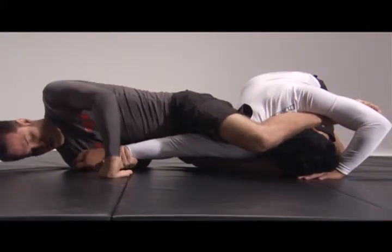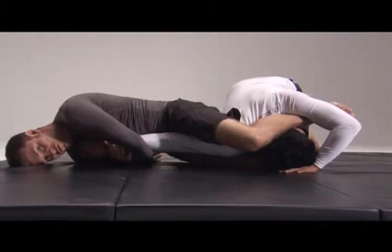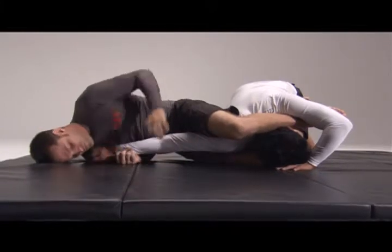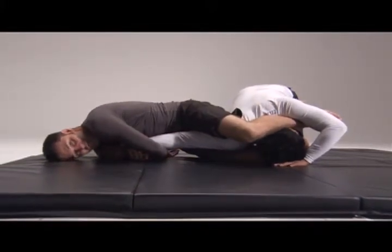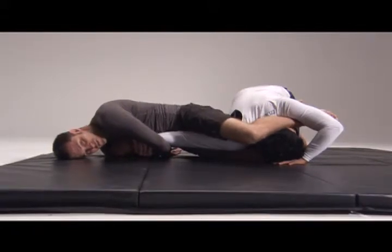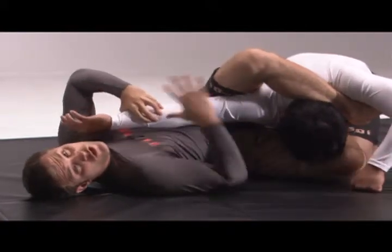From here, I'm just gonna bring my hips forward. I can go with my left arm and hug it. That's it. Go through a deep hook, slide it up to the wrist, bring my hips forward and down into his elbow. I'm gonna take Tony's right arm, I'm gonna push it up onto my chest,